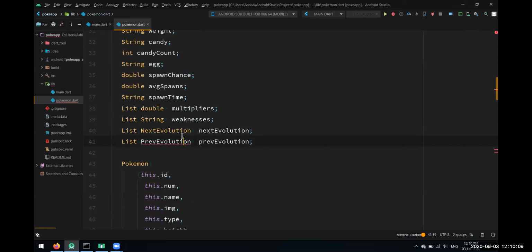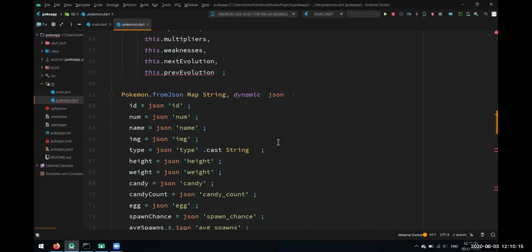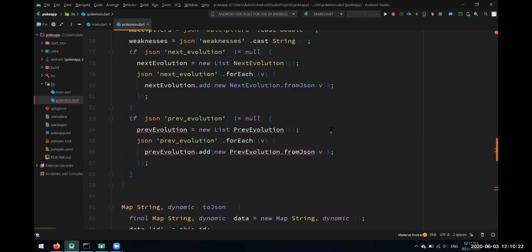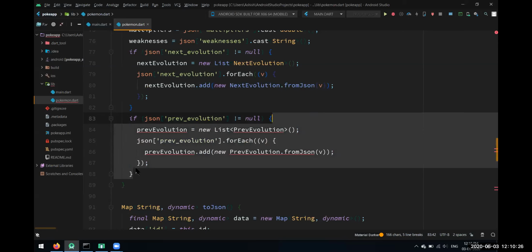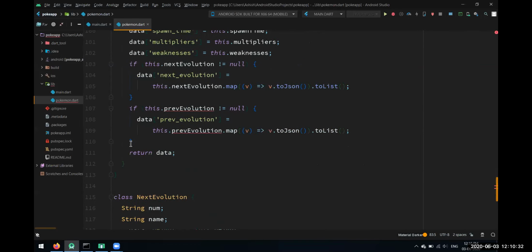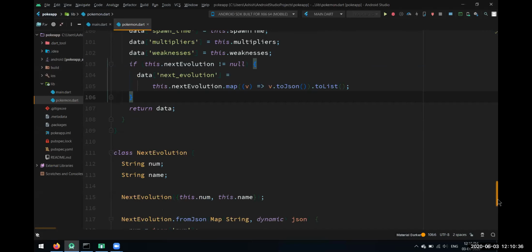It is saying the pre-evolution isn't a type. So let's just remove this. We don't need it for now. Here also we have that it's object. Let's remove it. And we have this again. Okay, so here